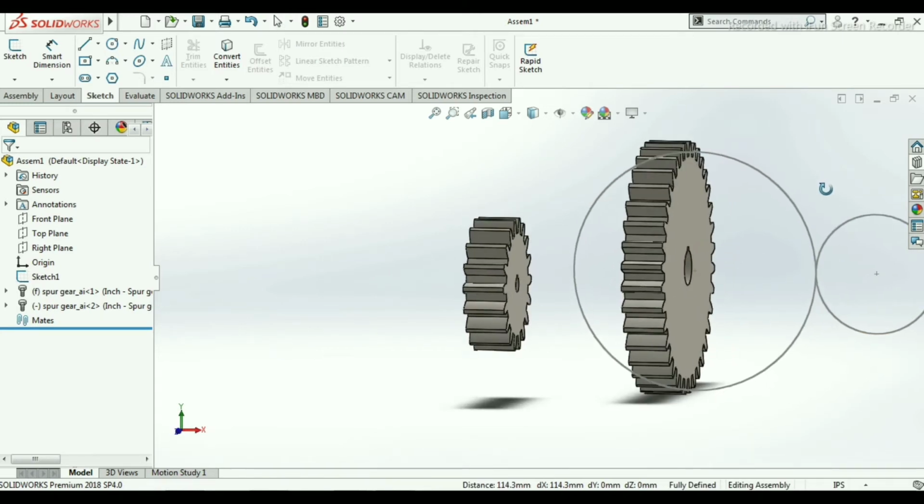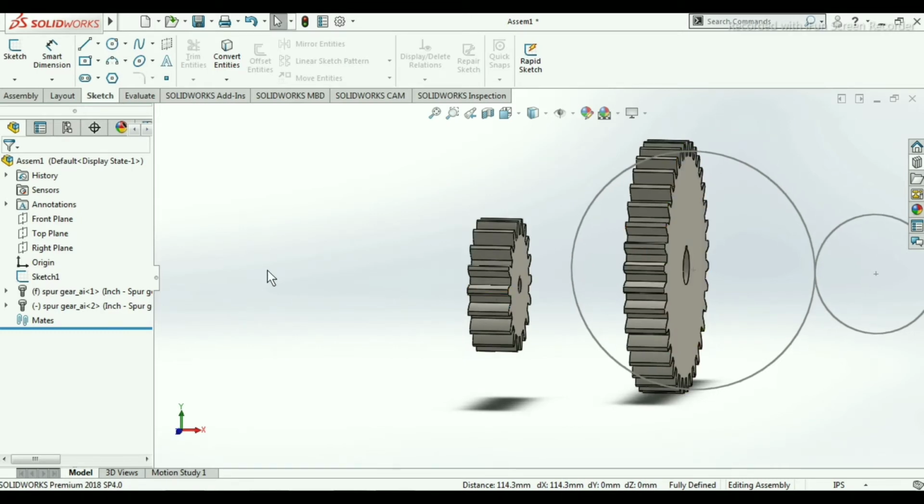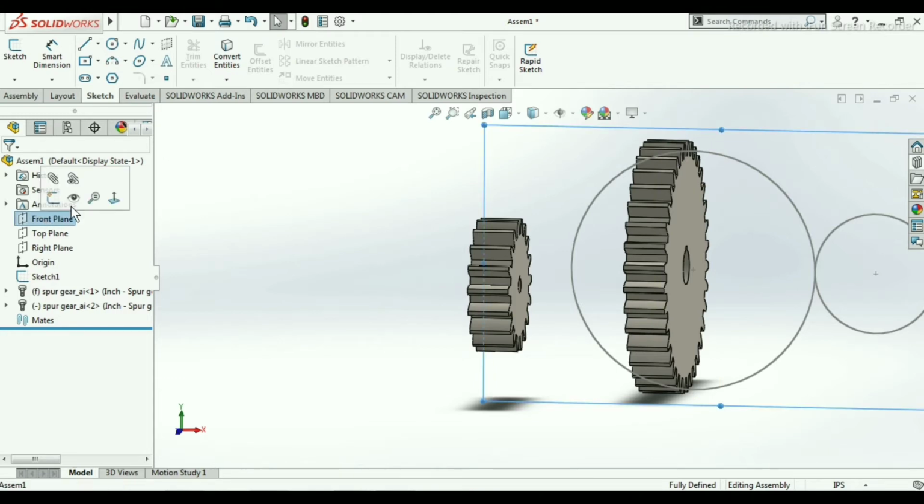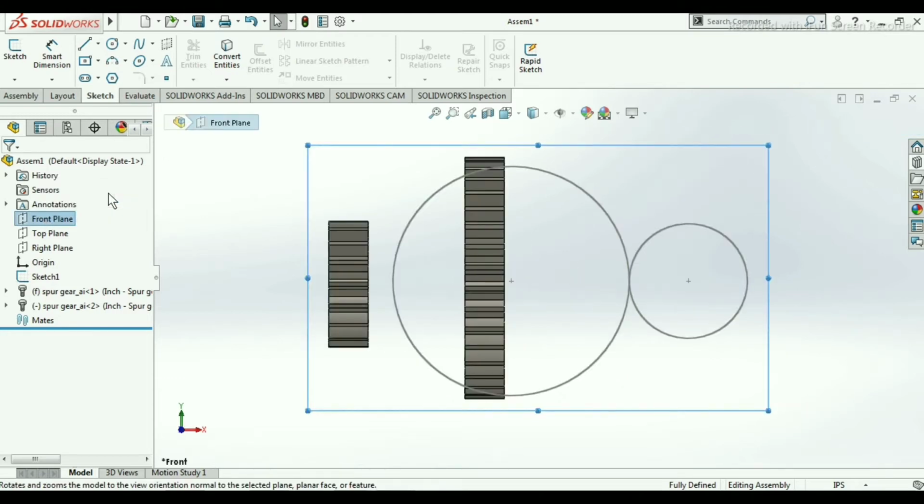Now we will going to meet this spur gear with front plane. So click on this front plane and then click on normal to. So this sketch that we have configured is back with the front plane.